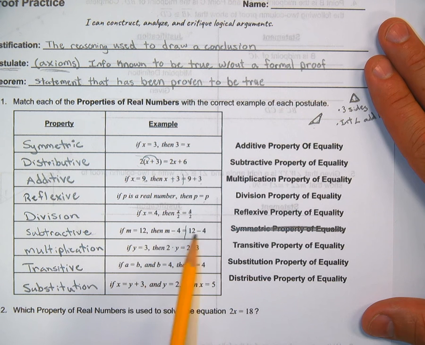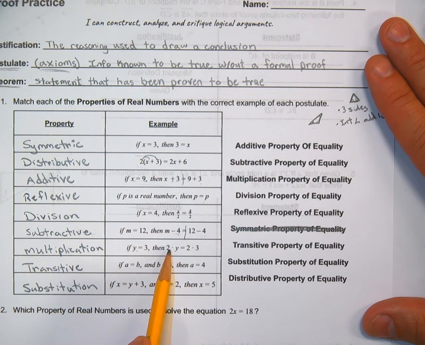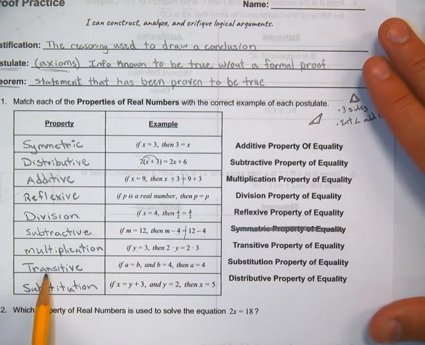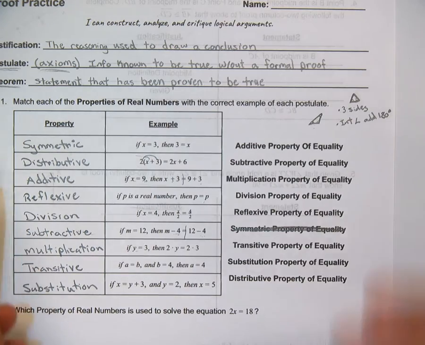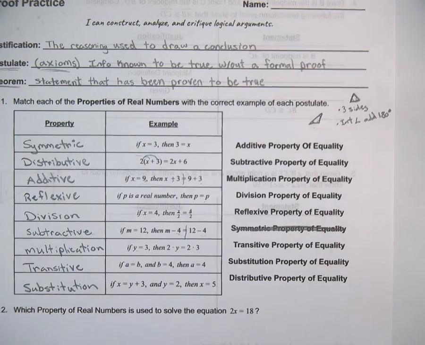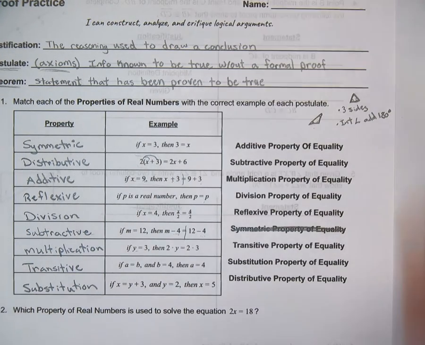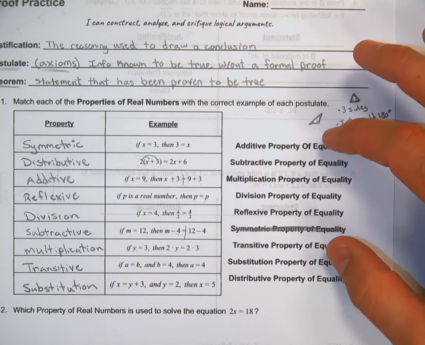And again, there I have a minus now added to both sides, or a 4 being subtracted on both sides. Y equals 3. Both sides are being multiplied. Those are all ones that you've pretty well used since like 5th, 6th grade when you first started solving equations, and you may or may not have known that they had names. Didn't really matter. You had to learn how to use them, and now we're going to use them more formally,